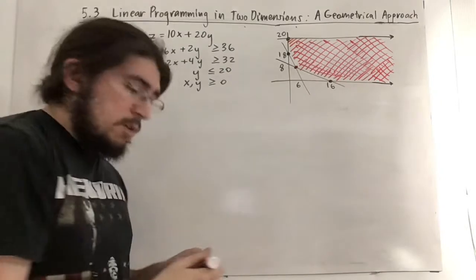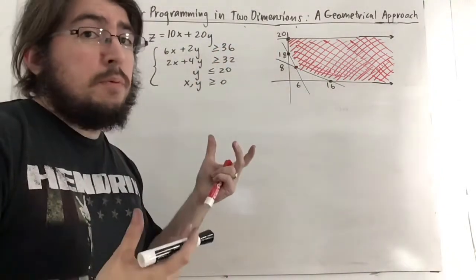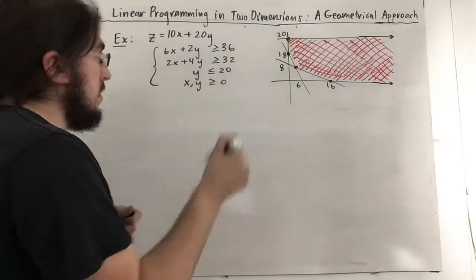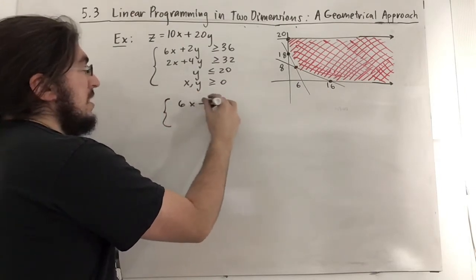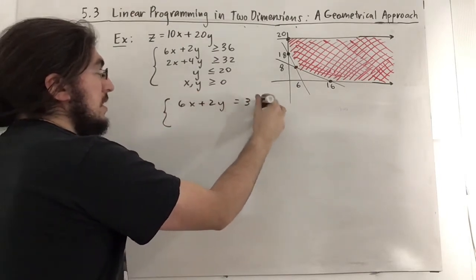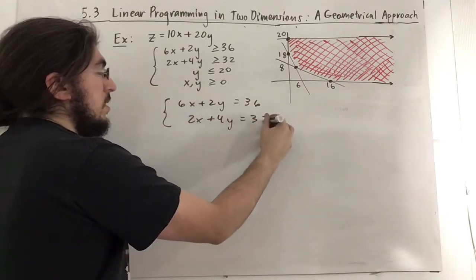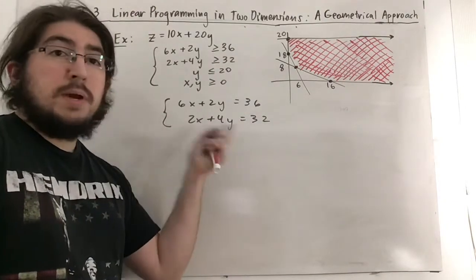So to find that corner point, we're going to consider where these two lines intersect. And to find that point, we're going to solve the system of those two equality versions of these inequalities. So we're going to consider the system of 6x plus 2y is equal to 36, and 2x plus 4y is equal to 32. So one thing I can actually do here is divide the bottom by 2,